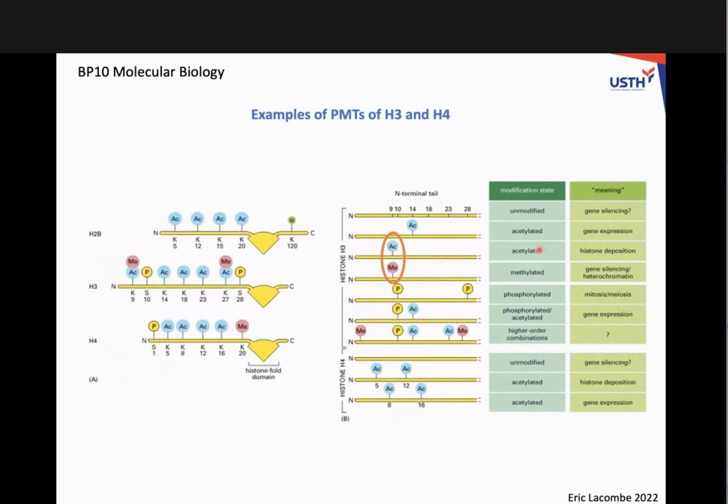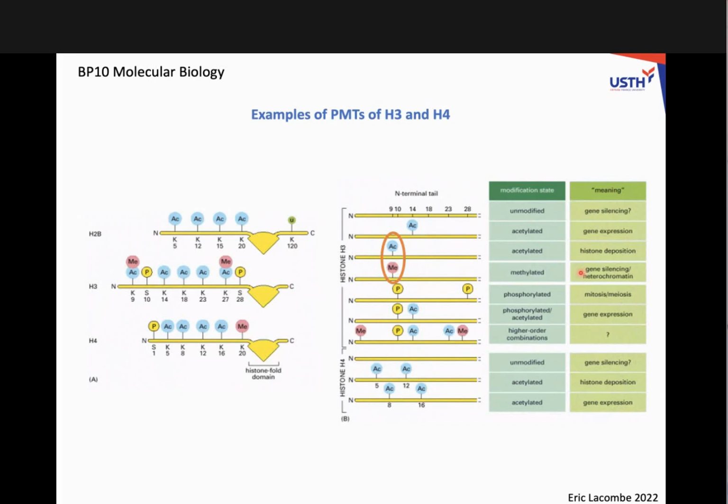Okay, we see here, acetylated, methylated. But look at the meaning of these two different post-translational modifications. When the H3 carries an acetyl group, the consequence is histone deposition. It doesn't mean compaction. You have histones that are forming the nucleosomes. Okay? But when the same amino acid, so it's a single amino acid, is methylated here, the consequence